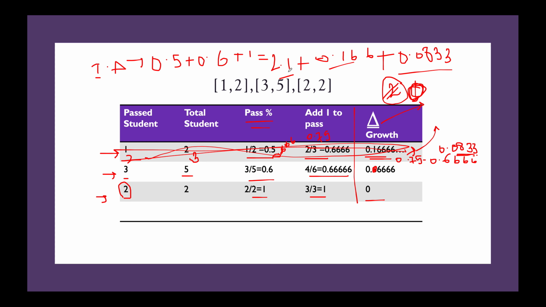And now what we need to do is calculate the average of this total sum.